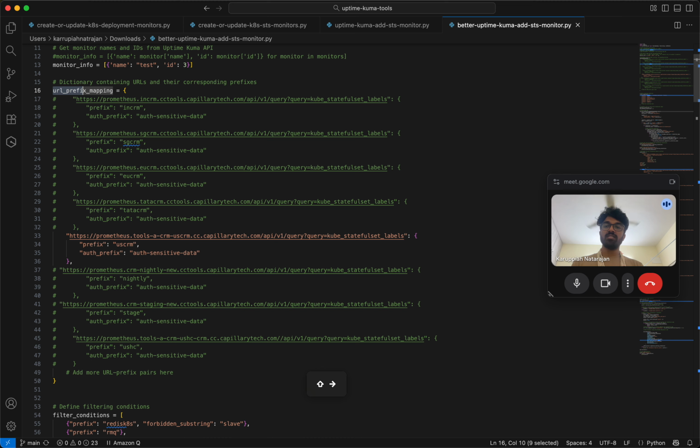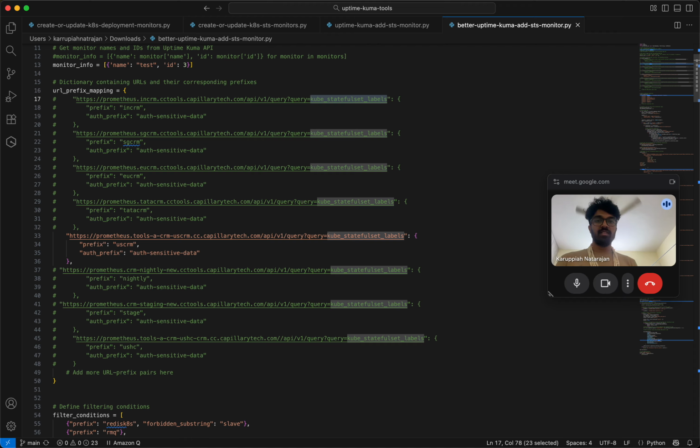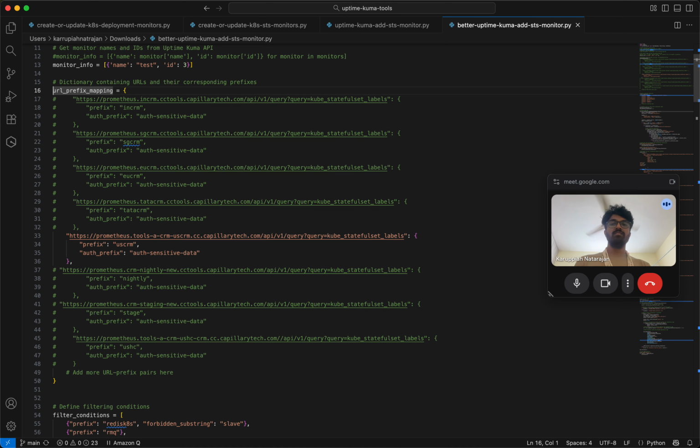URL, no need to say, just URL prefix. This is to actually find out all the stateful sets in the Kubernetes cluster using the Prometheus PromQL language, by querying Prometheus and getting all the stateful set data and checking out what stateful sets are running in that Kubernetes cluster. So you could have written it as maybe stateful set